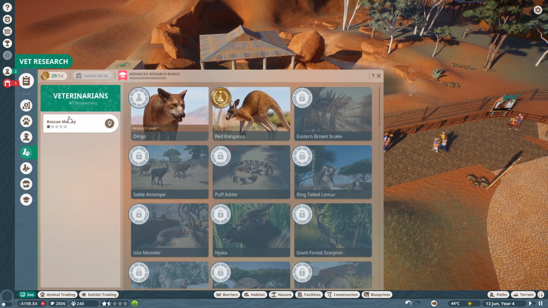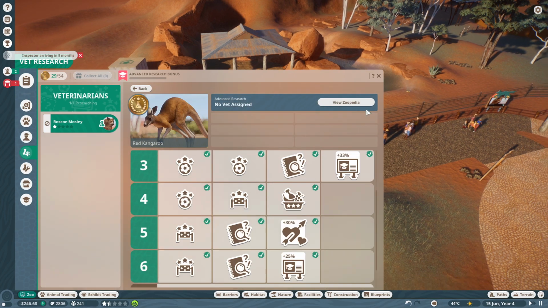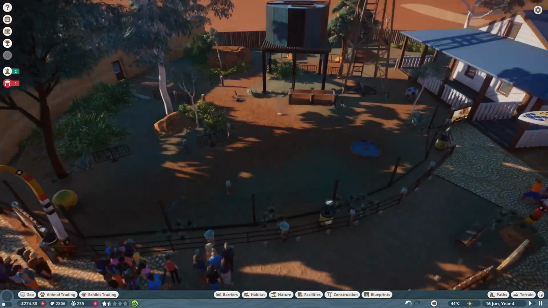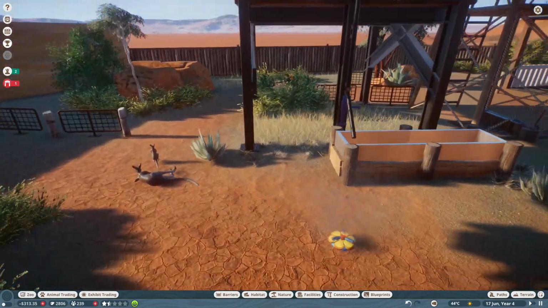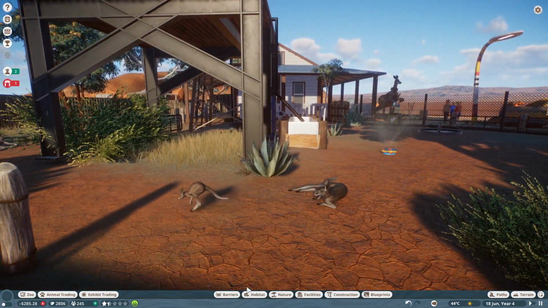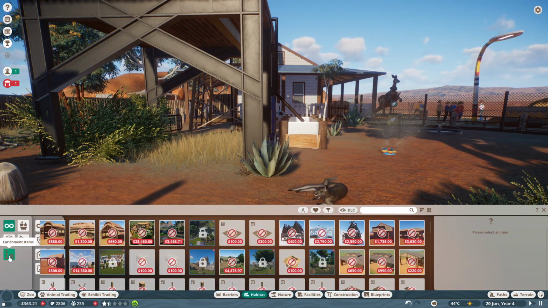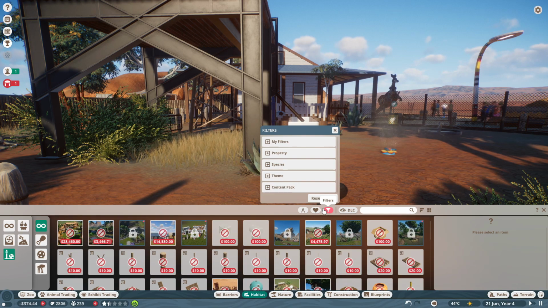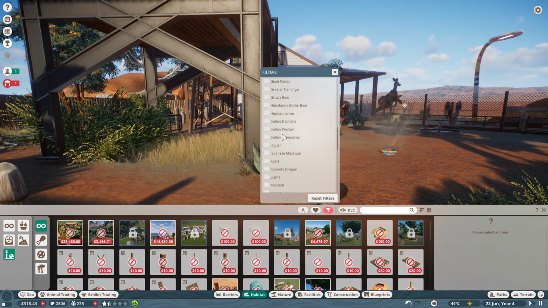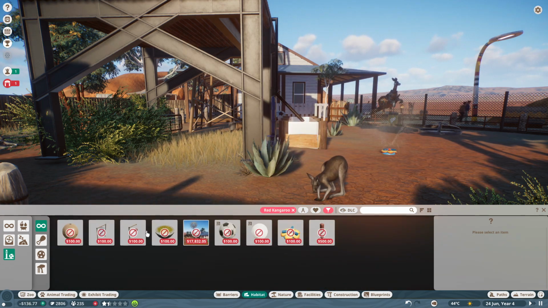So we already researched the kangaroo, that's fine. Did we get any new enrichment items? You see, all this management I'm really not used to when I'm actually in the sandbox, so this is all interesting to me. However, we are losing money, which is not fine. So even if we have some enrichment items, we probably won't be able to afford it. So what I actually need to do...